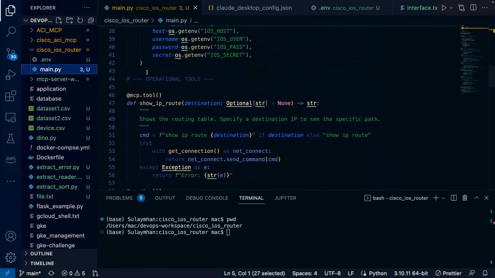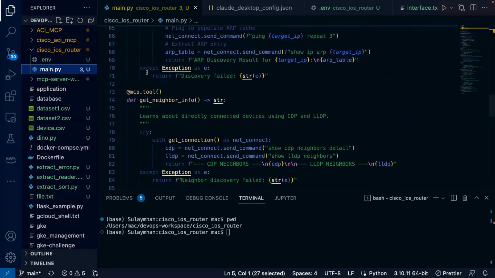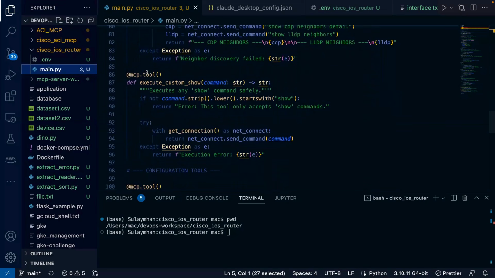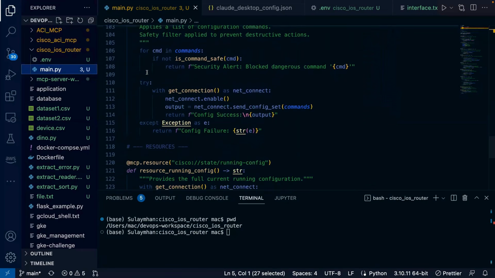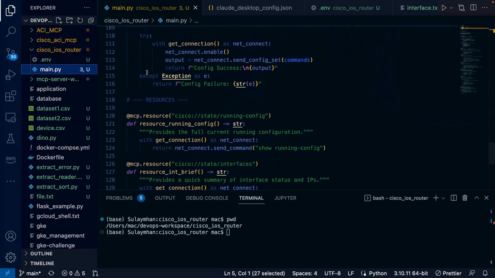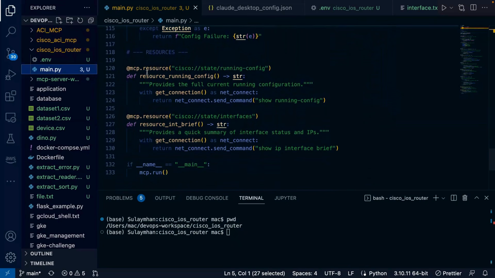We have different tooling. We have the tooling for show IP route, for ping and learn ARP, for CDP neighbor, or to even execute maybe a custom command. These are the MCP tooling that we have already. Also there's a resource. Maybe you want to get your running configuration. All these are just working around Python. I'm going to put this repo as well at the end of this video